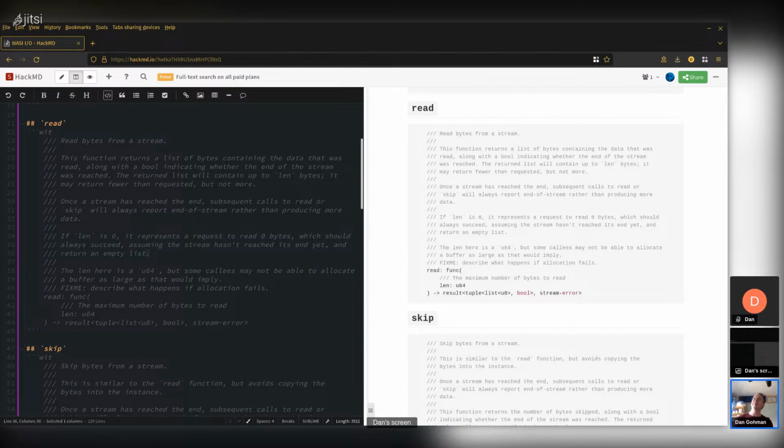It's also getting a little bit tricky because if the write of list U8 fails or gets interrupted partway through a list, we would want to have a way of telling you how many bytes it wrote. Like you got an incomplete number of lists written, which is kind of an awkward special case.